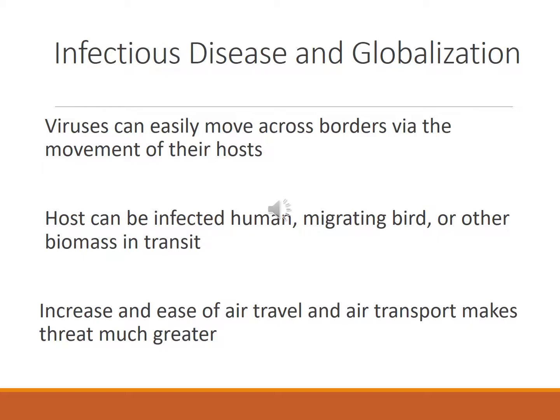Certain other sources of disease are things that have always existed that we can't really worry about. Things like migrating birds. You know, birds have always migrated, but they can be a problem. They can be a source of spreading an infectious disease because obviously borders can't keep migrating birds out.